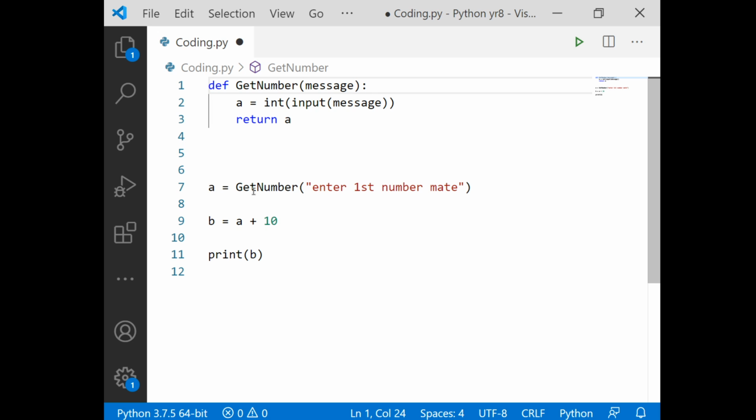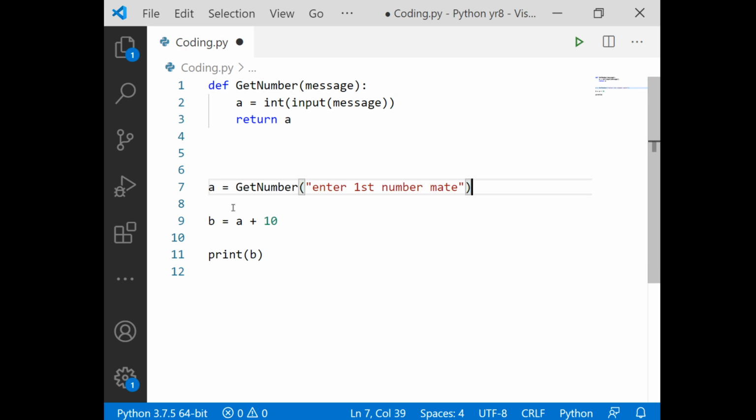Because I say A equals get number. I know I'm getting a number. I don't need to know how that number is got. If I want to get that number a better way, so that the user can't crash the program, I don't edit this code, I edit this code.